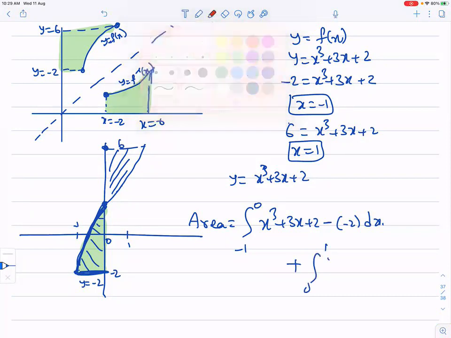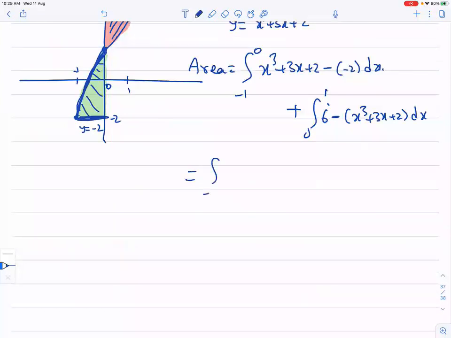The upper curve for this portion is y equal to 6, the lower curve y equal to f of x, x cube plus 3x plus 2. This is our area. So the area is integral -1 to 0 of x cube plus 3x plus 4 dx plus integral 0 to 1 of 6 minus 2, 4 minus x cube minus